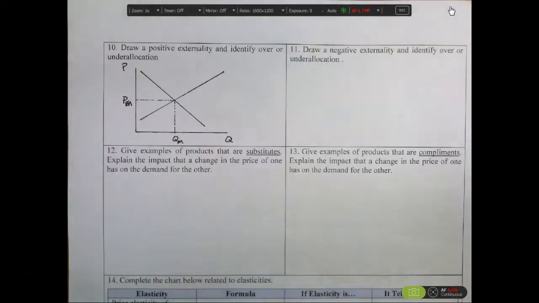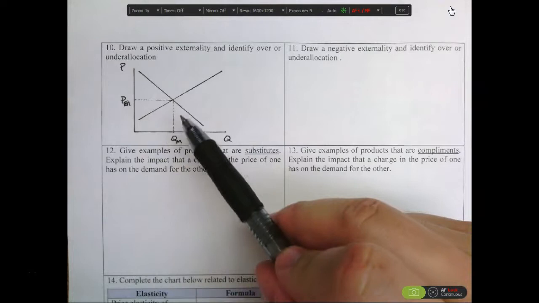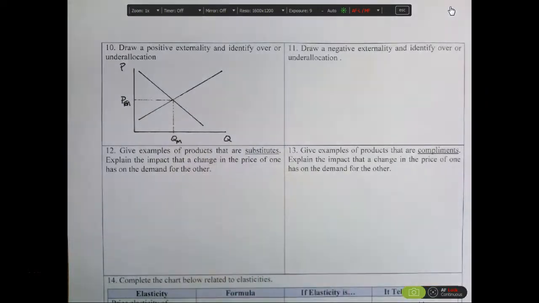Okay, this question is looking at drawing a positive externality and identifying the area of underallocation. And so what we would do typically is we would draw our standard supply and demand graphs. And what I find is easier, instead of memorizing which curve goes with which, is just to think through